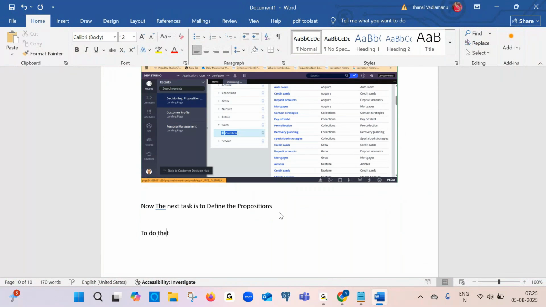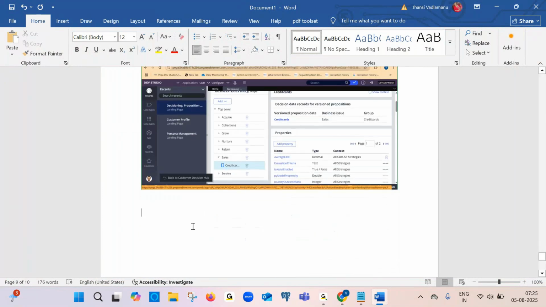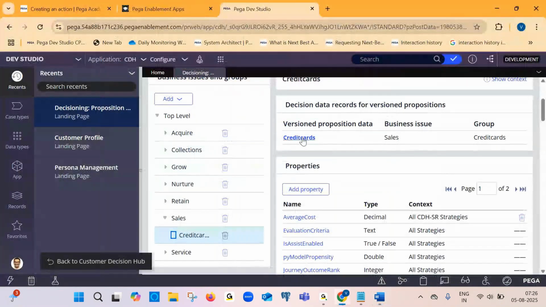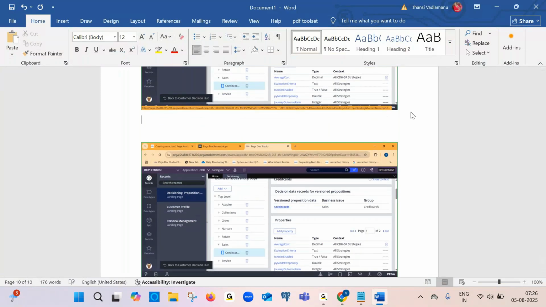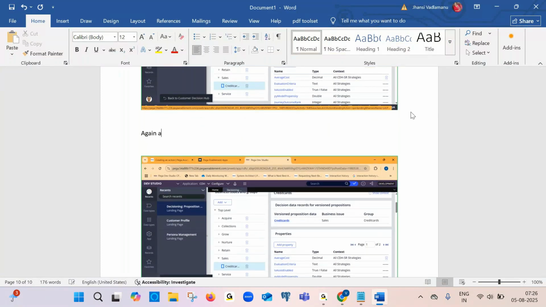To do that, click on credit cards. Okay. After you click on the credit cards, you can see at right side this credit cards related, again at right side we have